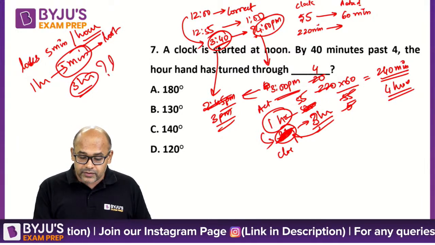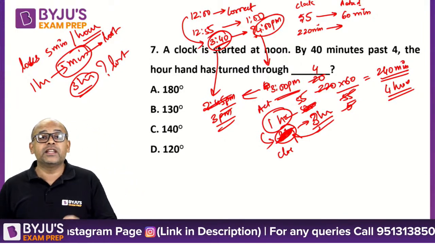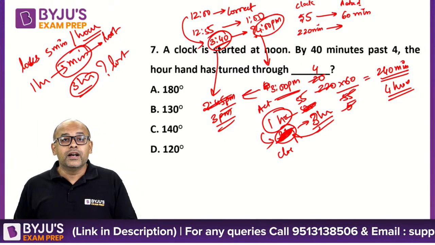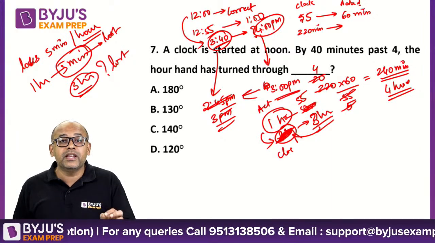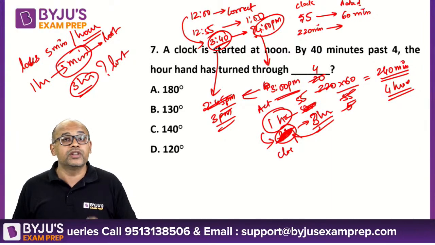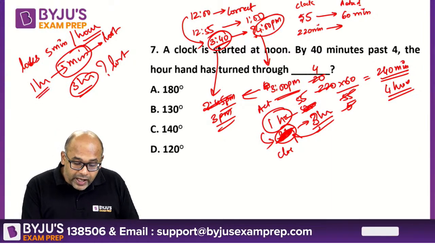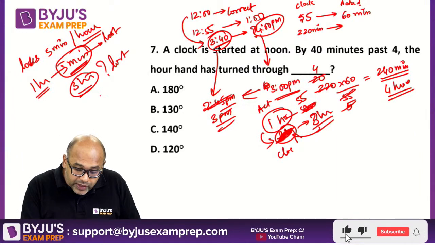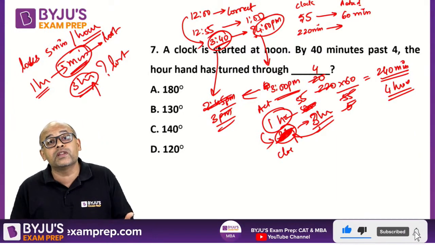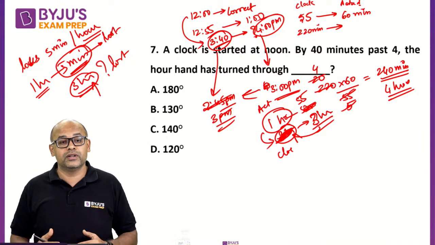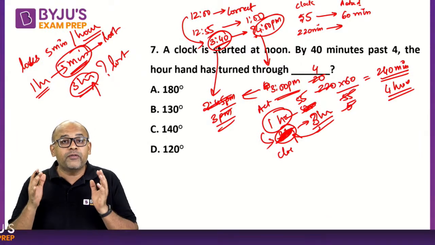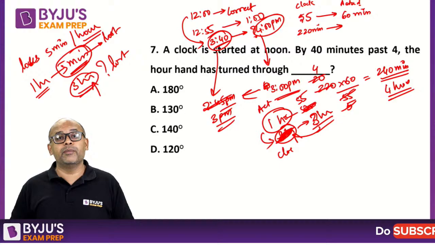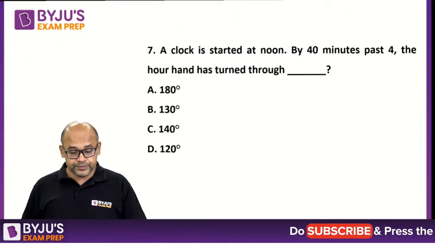Even if I say 3 hours is in the clock, is the meaning equal to 3 hours lost? It is not. So when you wrote 1 hour is equal to 5 minutes lost, you should also write the lost time here. But you don't know what is the lost time. You are supposed to find that out. Clear? So you have to be very careful in this unitary method. This is one of the traps students fall into.